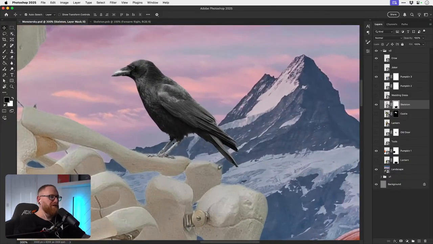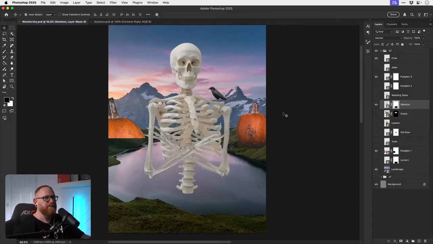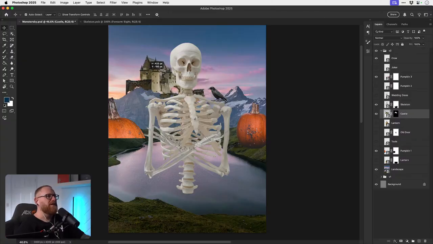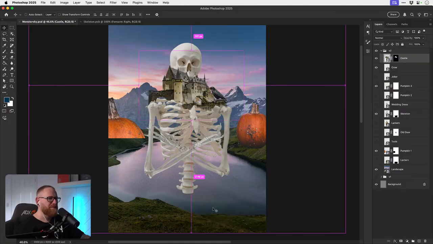You know, what we could do is take the bird's legs and point them backwards, cut out the wing, paste it in, and then rotate it around and try and make it look like the bird's in flight. You can tilt the beak up here. There's lots of stuff that we can do. The castle, where's the castle gone? Yeah, so I've got to figure out how that's going to fit around. Can't really see it with the thing in the way. Unless you had the castle. That doesn't really work.